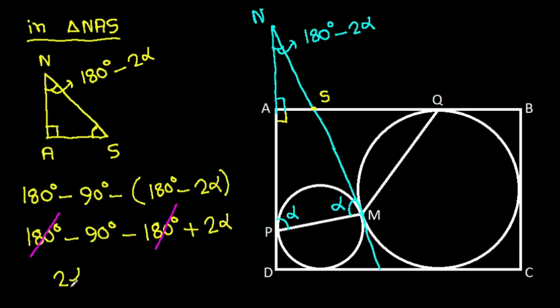So it is 2 alpha minus 90 degrees. This angle, it will be 2 alpha minus 90 degrees,